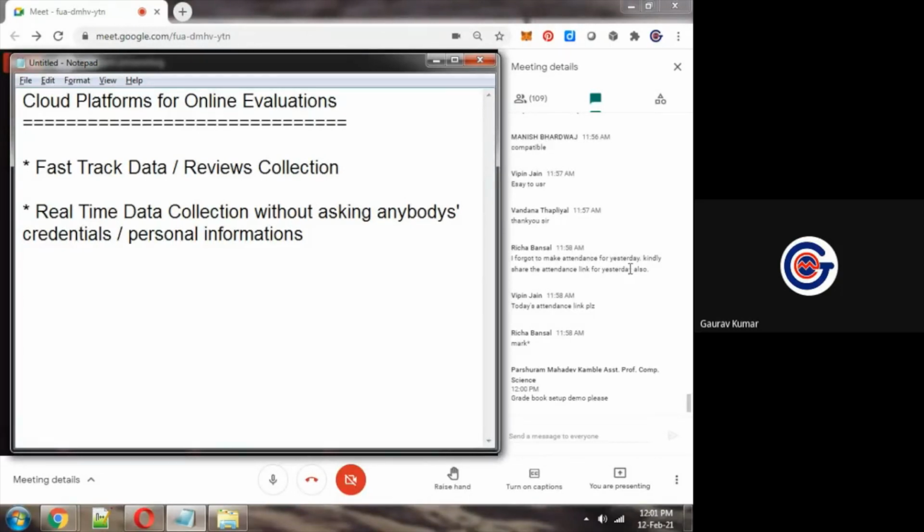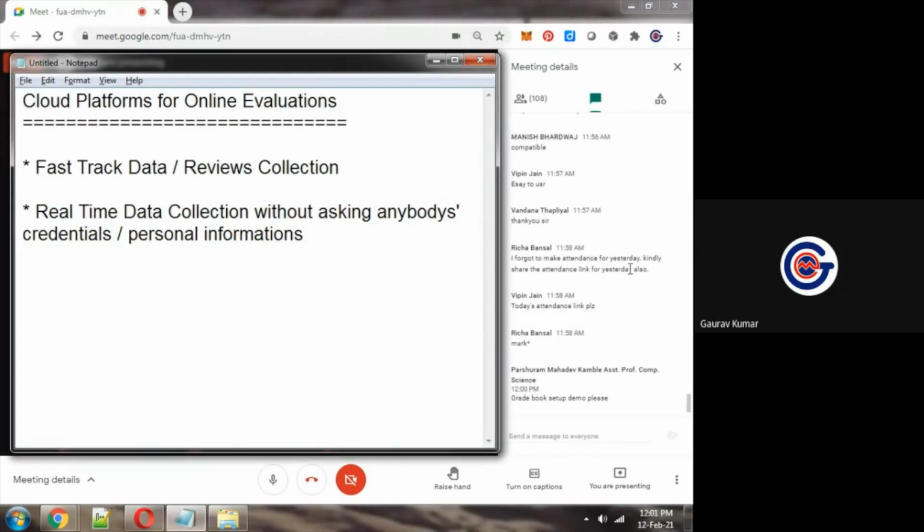As far as your specific queries and implementations are concerned, I will share the manuals, and you can communicate later also, after the session. Okay. Now, is this point clear, what we are going to discuss now?